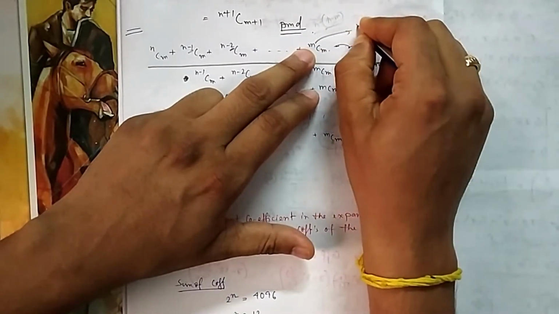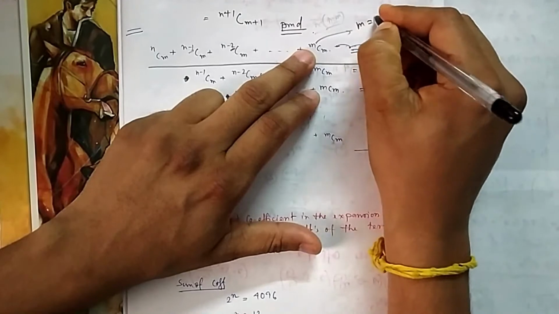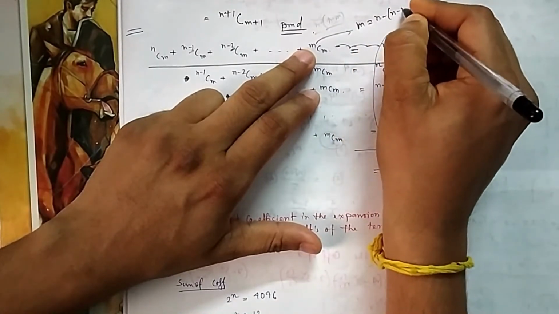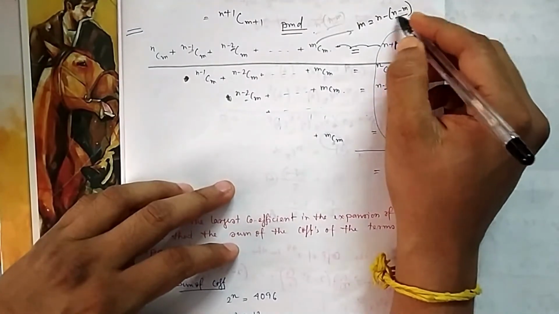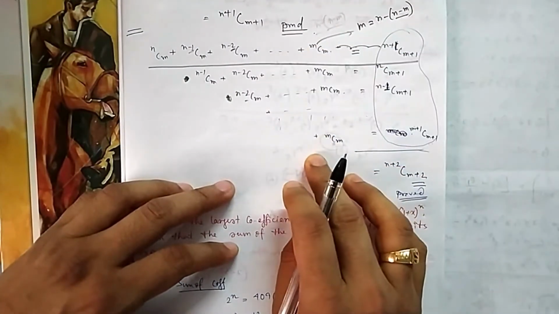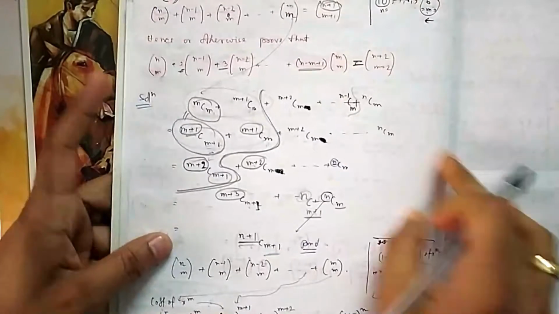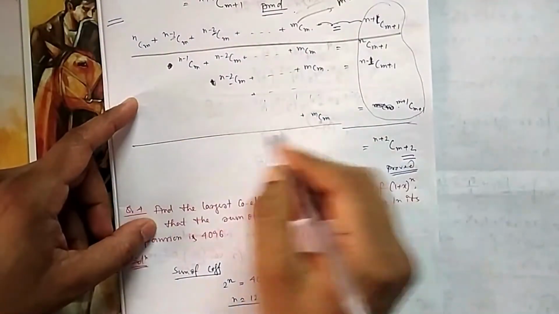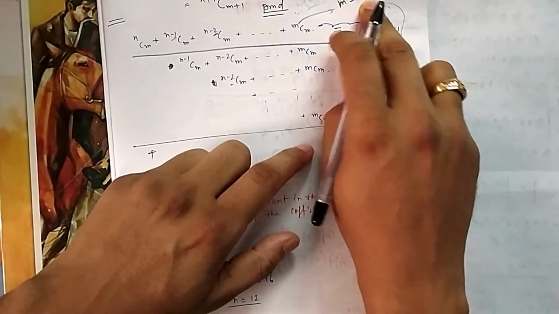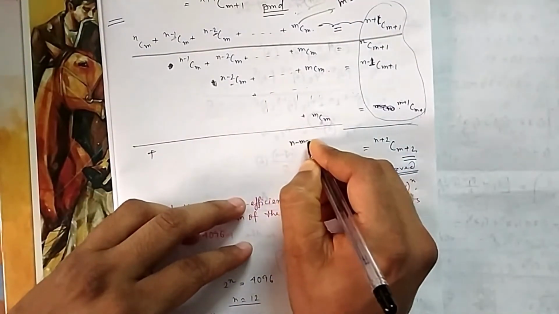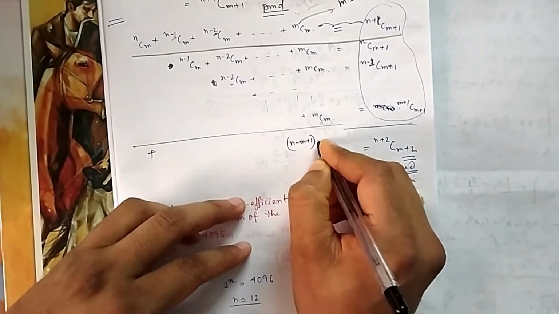And what is here? This m we can write as n minus m. Out of n we are deducting this. Because we are deducting this, if you add this, it will be n minus m plus 1. That's why they have given there n minus m plus 1. How many times will you be adding? Because what I am doing next is adding all this. So this is 1, this is 2, this is 3, and this is n minus m plus 1 times